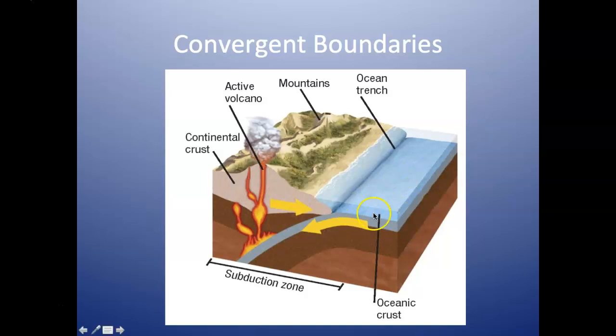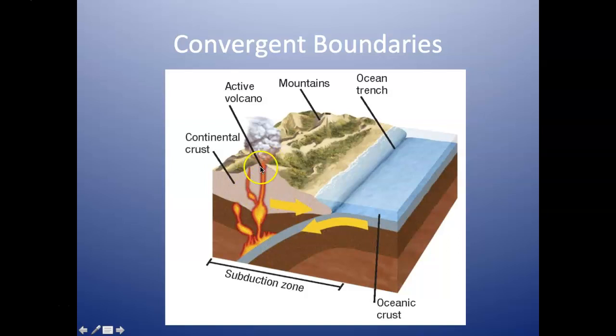You have the oceanic plate on the right side. It's colliding with, or pushing towards, the continental plate. It will then dive down below the continental plate. And so what you'll find, just off the beach, is usually a huge drop-off known as the trench, or in this case, the ocean trench. On the continental plate, you'll see those mountain ranges start to develop and get pushed up, because this rock, as it goes down, is going to push the continental plate up. It's also going to start to melt, and that's where the magma will start to build up